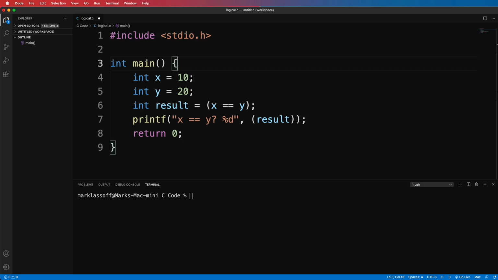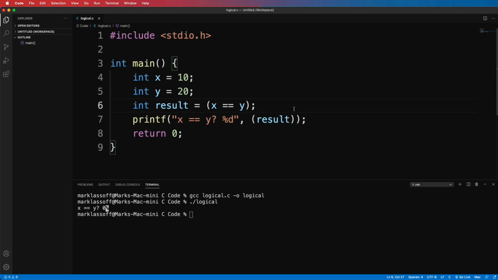Since x is 10 and y is 20, what's stored in the result will be false, or 0. So when we output the result, x equals equals y, we're going to output a 0, indicating that's false. Let's go ahead and compile and run this. And there you can see x equals equals y is 0.